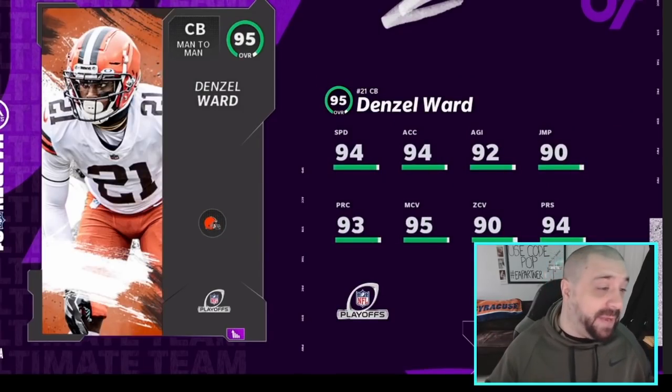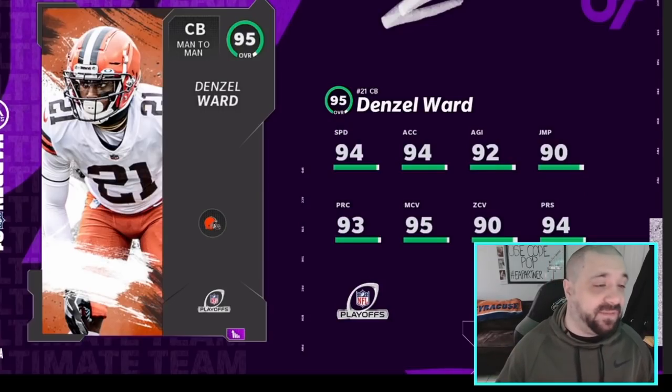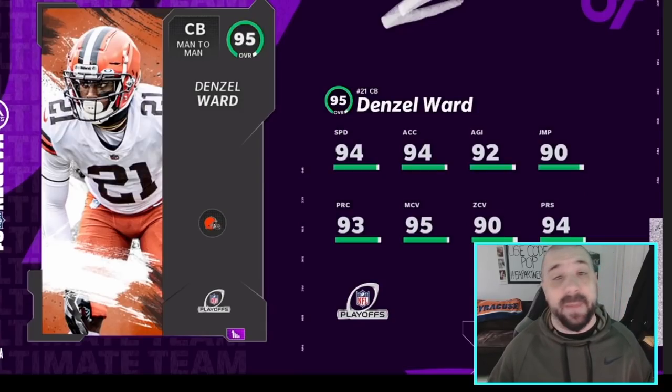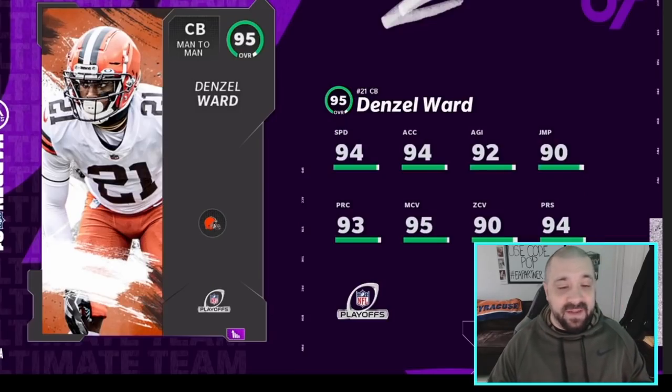This is a big name right here, and one that I thought Denzel Ward would get a card, but on my list, I had Nick Chubb as being the master card for the Browns. Now, this could mean that Nick Chubb maybe gets a Team of the Year card because he's had a solid year. I also had Jack Conklin, David Njoku, and Wyatt Teller for the Browns on my list,